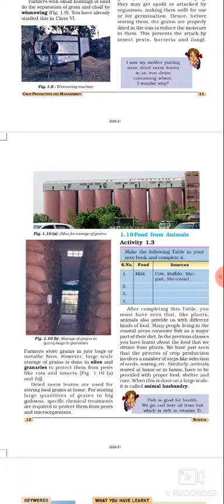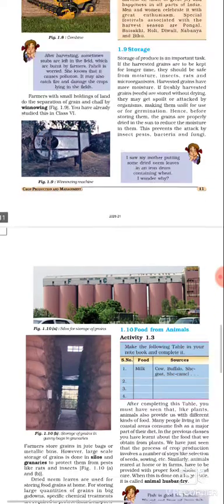Then after that we have discussed weeding involves removal of unwanted and uncultivated plants. Then we have discussed harvesting is the cutting of mature crops manually or by machines. Then we have discussed separation of the grains from the chaff is called threshing. So proper storage of the grains is necessary to protect them from pest and microorganisms. So food is also obtained from animals, for which animals are reared, and this is called animal husbandry. This is all about the chapter.